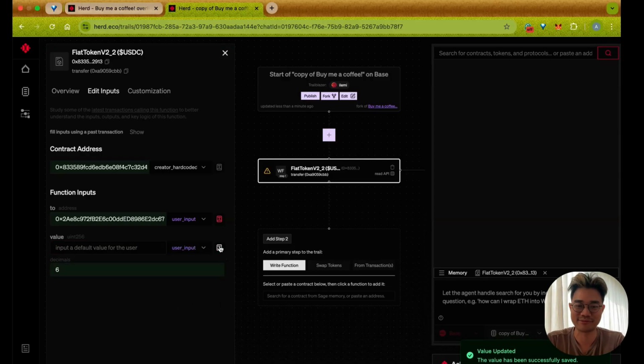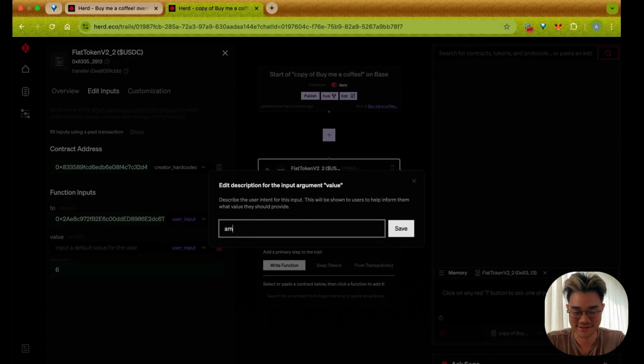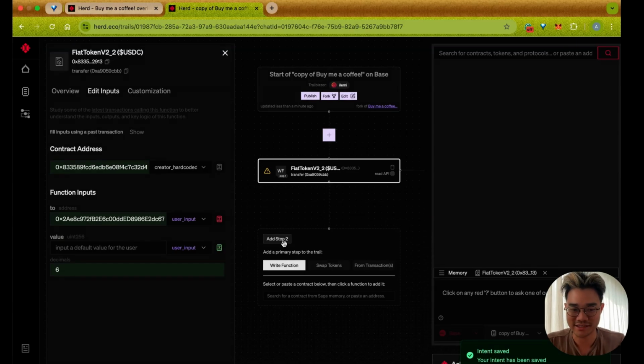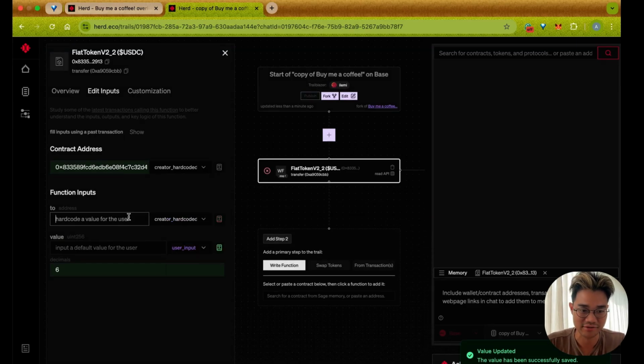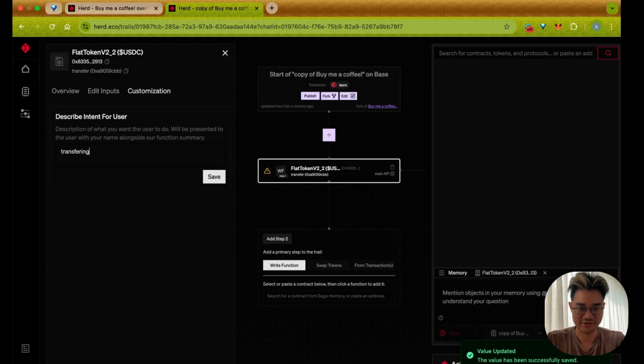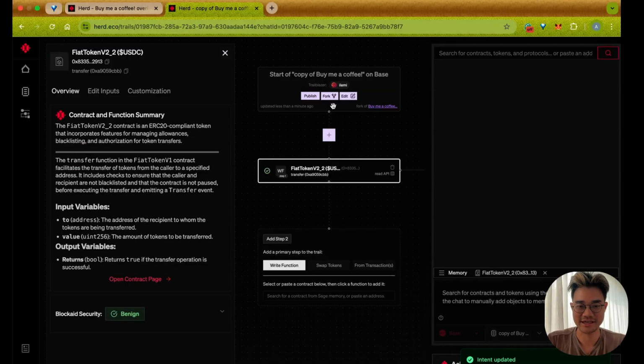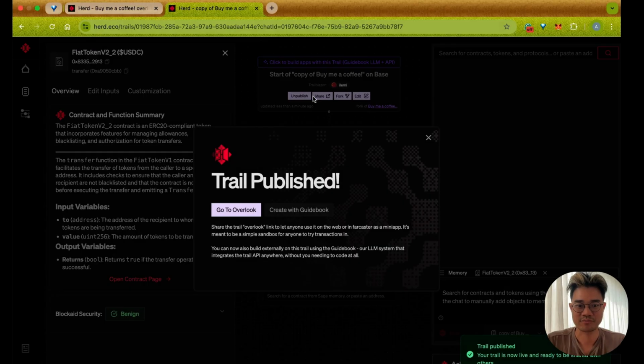And yes, the LLM will get better at actually helping you out here in the future. I'll say this is amount of USDC to transfer. This is me kind of describing an intent to an LLM. I could actually even just hard code this if I didn't want to let people change it. All right, and I'll say, hey, transferring USDC to me. All right, and I can save this, and then all I have to do now is click publish,